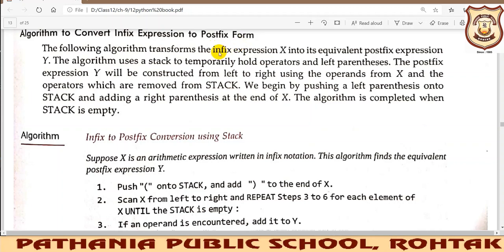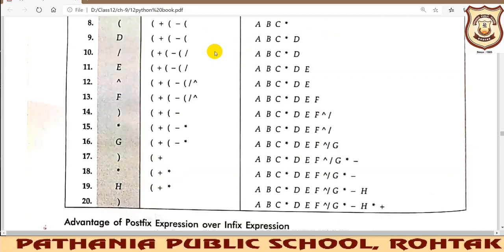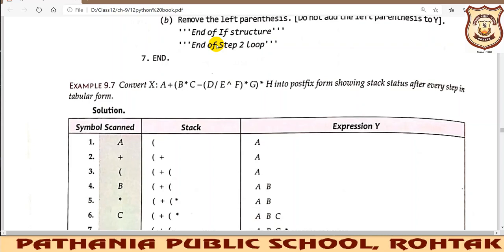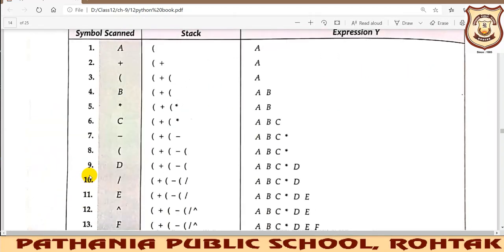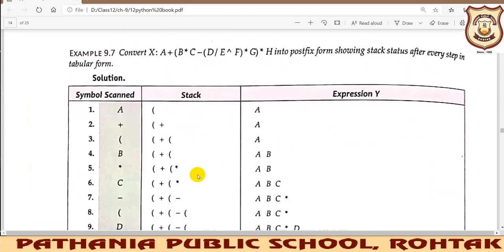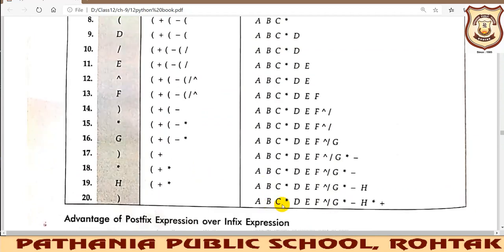Okay, so for that we should draw a table like this. The expression will be given to you, and there are a few steps that you must follow. According to those steps you can achieve the desired expression at the end. So the input will be your infix expression, where you can see the operators are in between the operands. At last we will find an expression which will be in postfix notation.